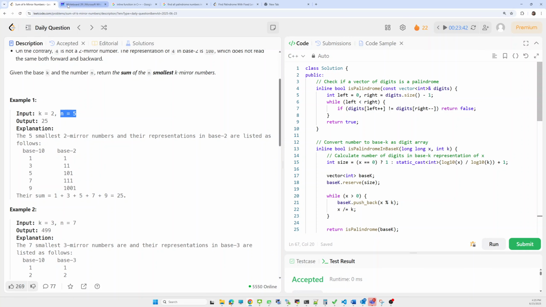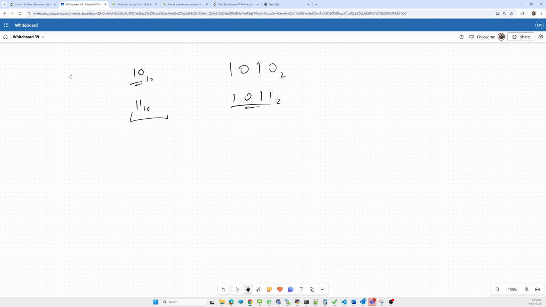So what will be the intuition here? First we have to check that the number is a palindrome. We have to start from 1 and go till infinity, and in this range search for the first n such numbers which satisfy both conditions: it is a palindrome in base 10 and a palindrome in base k.